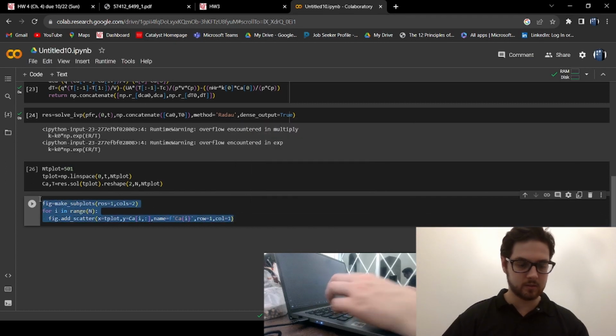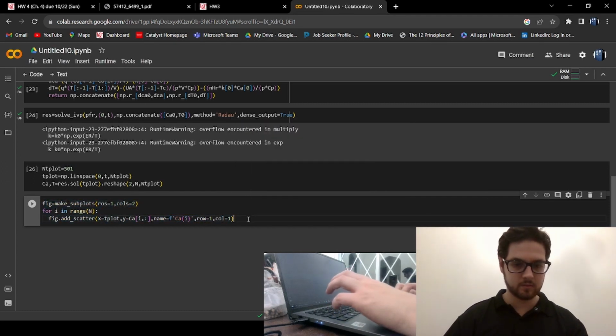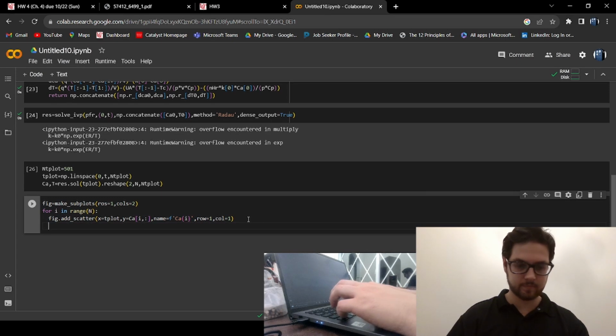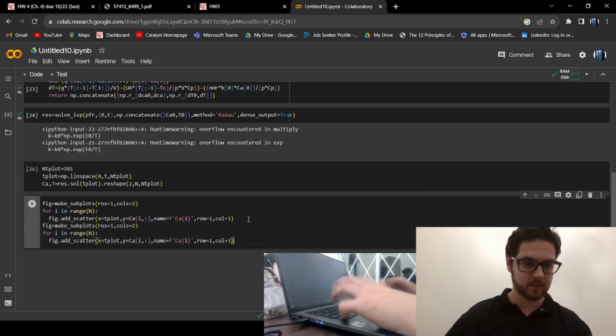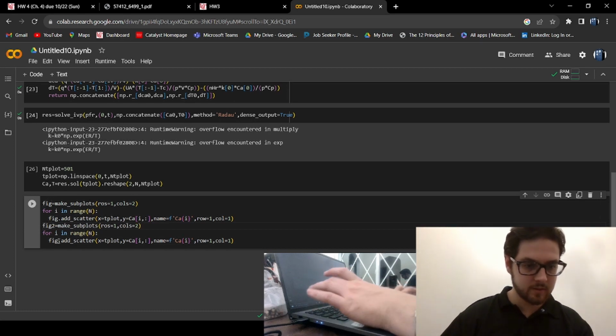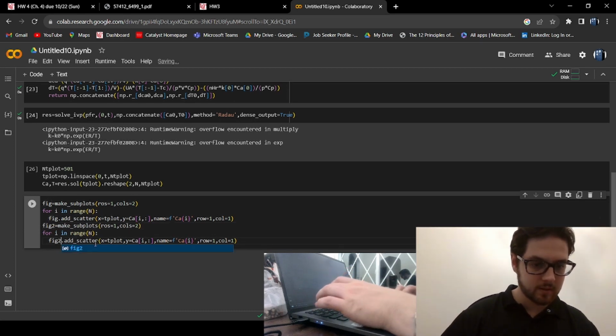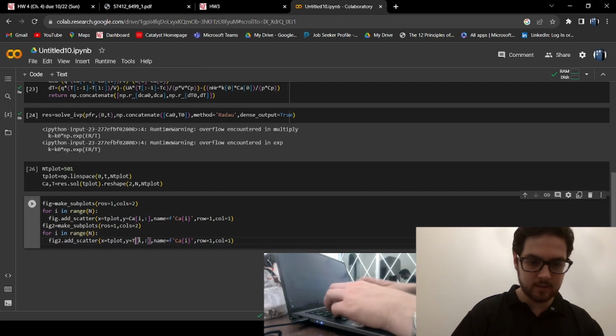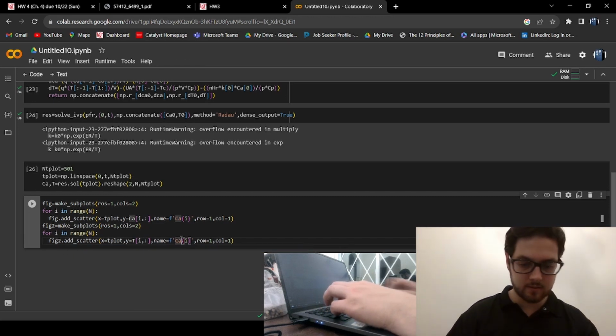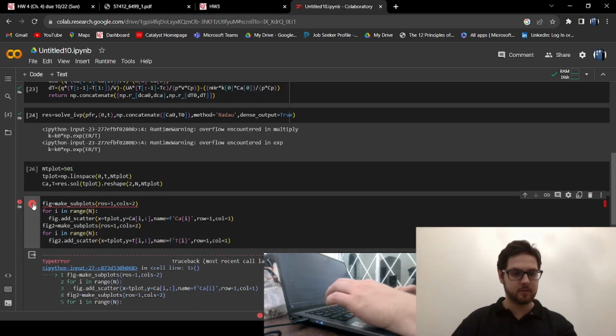And then copy that, change everything to Fig2, change this to T, change this to T, and then I think,